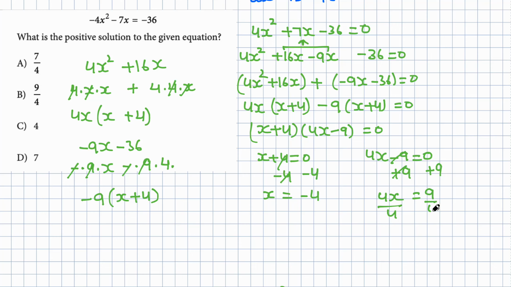Now we will divide by 4 on both sides, so x is equal to 9 by 4. So the two solutions of this equation are negative 4 and 9 by 4, right? And we have to find the positive solution, so B is the right